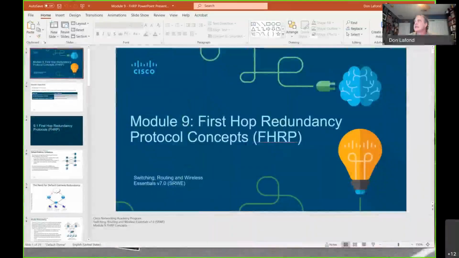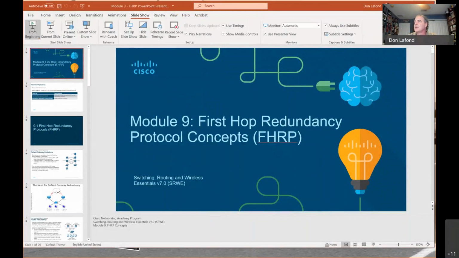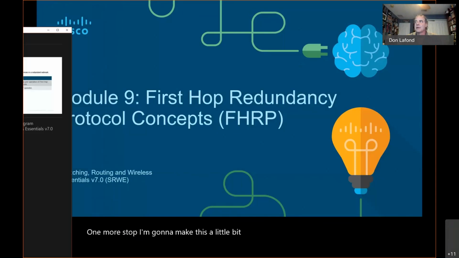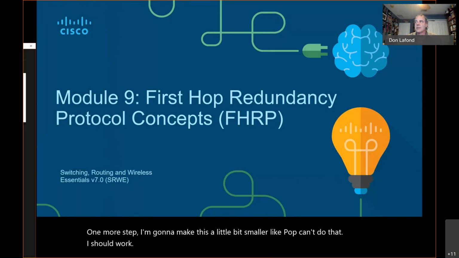Share. And I'm going to drag this over here. And I am going to bring this full screen, slideshow, beginning. And one more step, I'm going to make this a little bit smaller like that. Oh, can't do that. That should work. A little bit more. All right, so